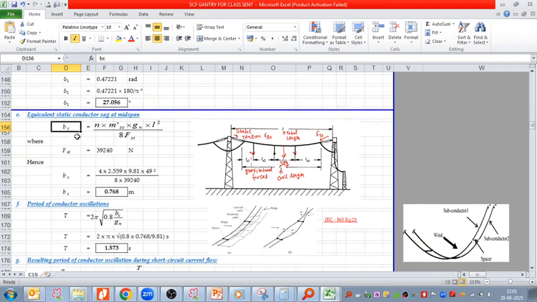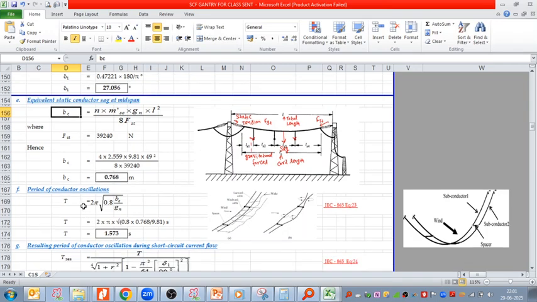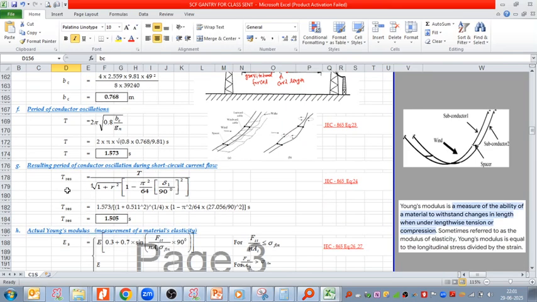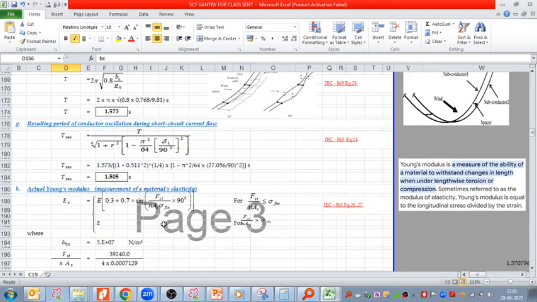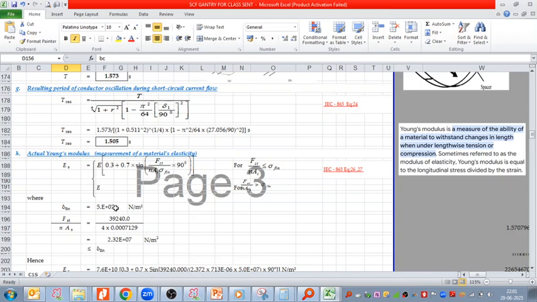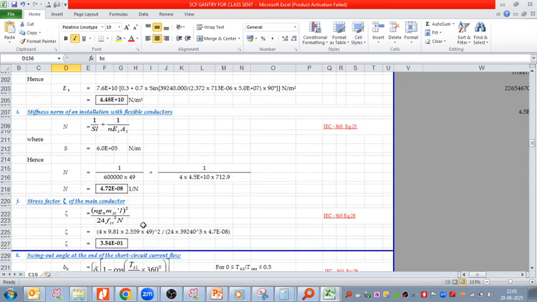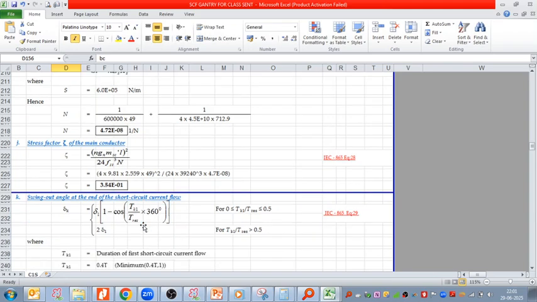Based on this BC, I'm calculating the conductor oscillation period, and then the resulting period of conductor oscillation during the short circuit current flow. Then taking this T resultant divided by T ratio, we take that formula, then actual angle modulus, and this stiffness norm also we have to calculate, and thereafter